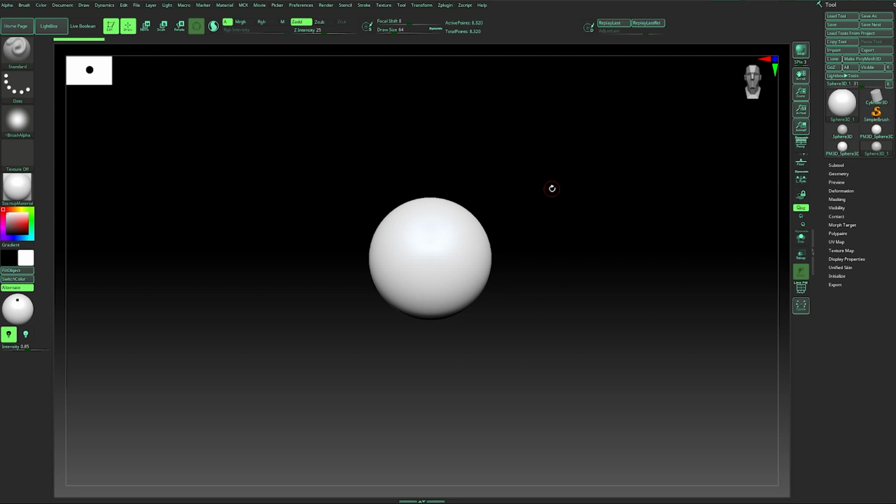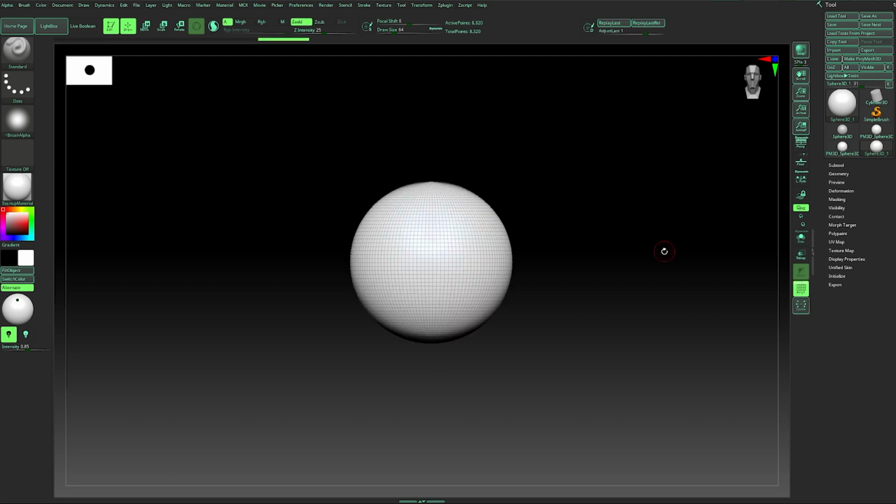You know, in order to create a clean model, you need to start from the very basics. If you look at this sphere, you can actually see the polygons. It means it has few polygons to work with. And it's the best practice for you 3D artists to keep your polygons as low as possible in the starting stage and go up as you progress further through your project. But how many polygons do you actually need in each stage? It's something you should plan for.